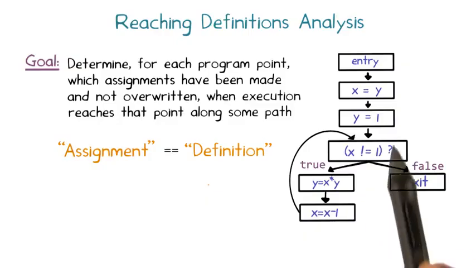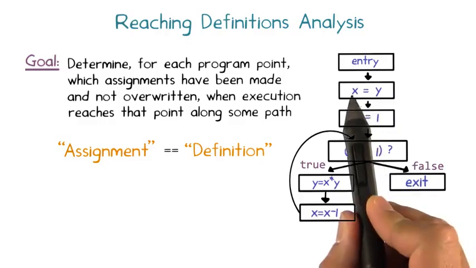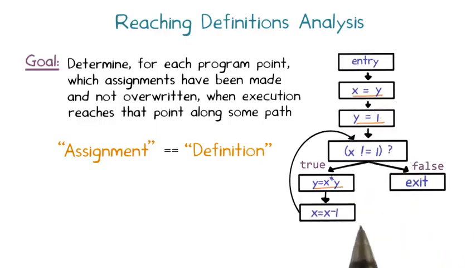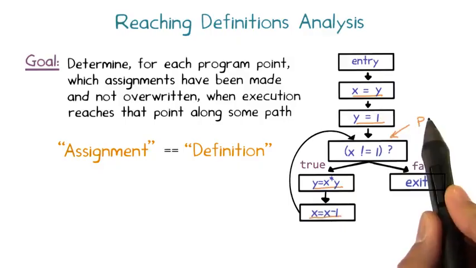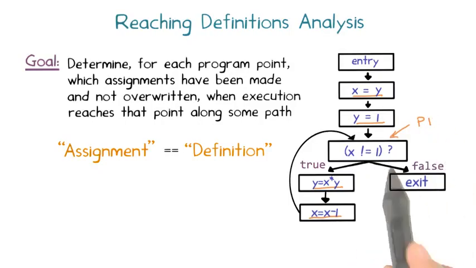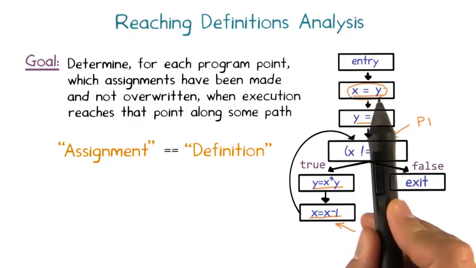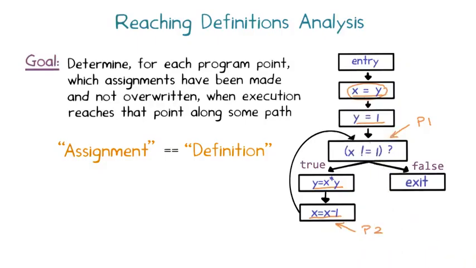Let us look at the following example program. There are 4 definitions in this program. x is assigned y, y is assigned 1, y is assigned x times y, and x is assigned x minus 1. Consider 2 program points, P1 at the entry of this condition and P2 at the exit of this assignment. Let's consider the definition x is assigned y. This definition reaches the program point P1